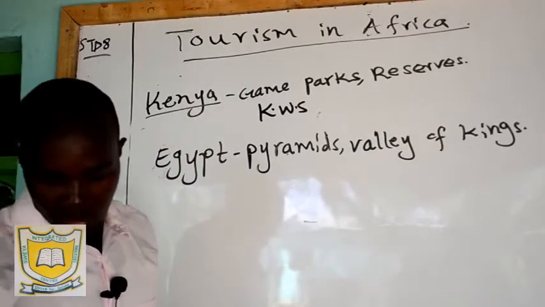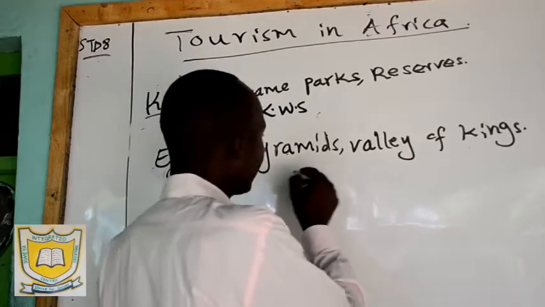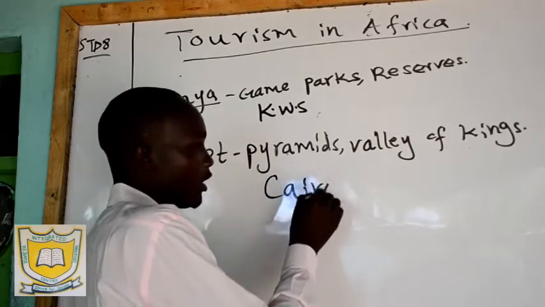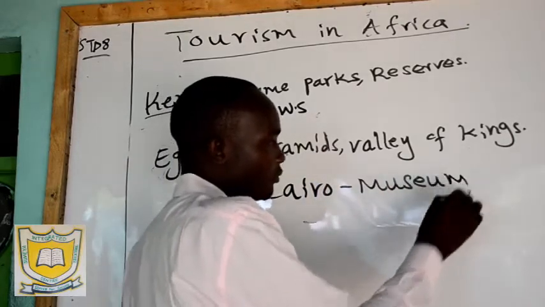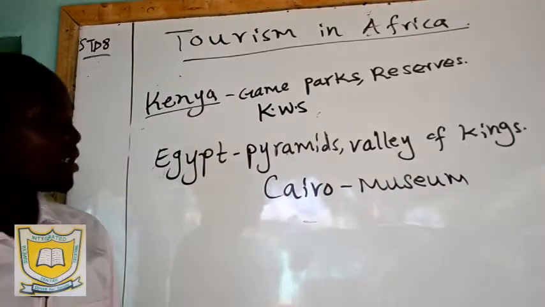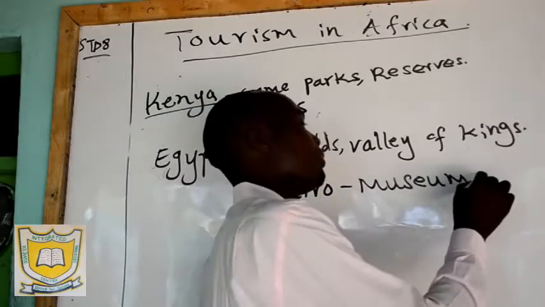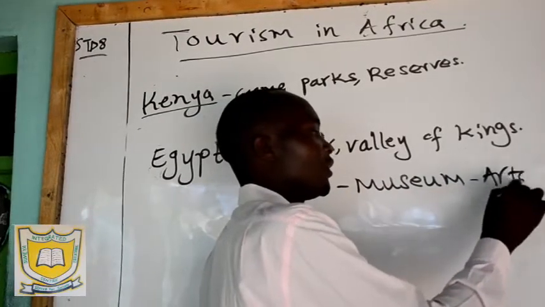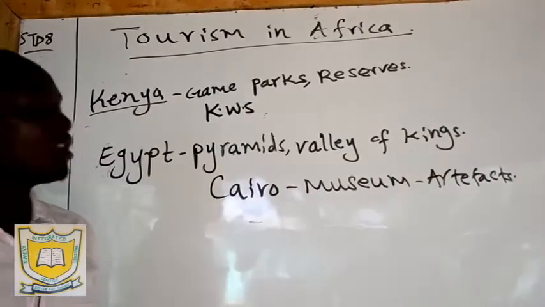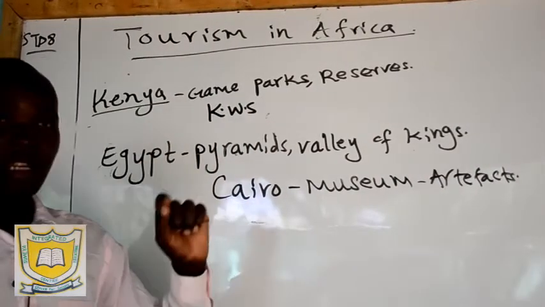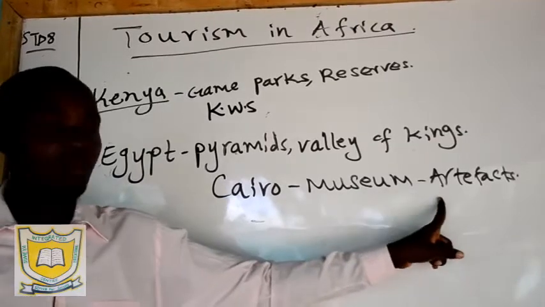And then we have another one called Cairo Museum. Cairo is the capital of Egypt. In the museum we keep artifacts, and the artifacts are the things that were used by the people in the past. So when you go to Egypt, there are very many things which have been used in